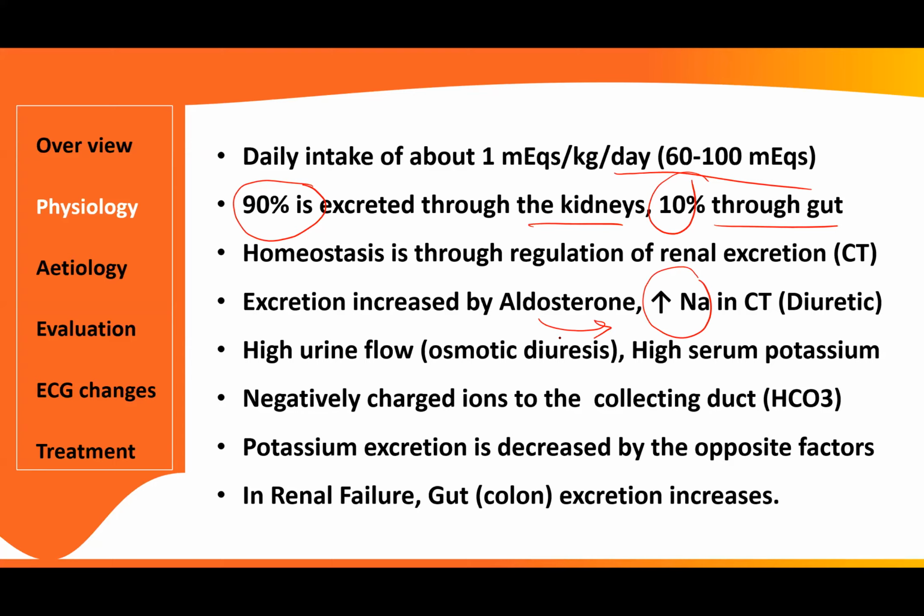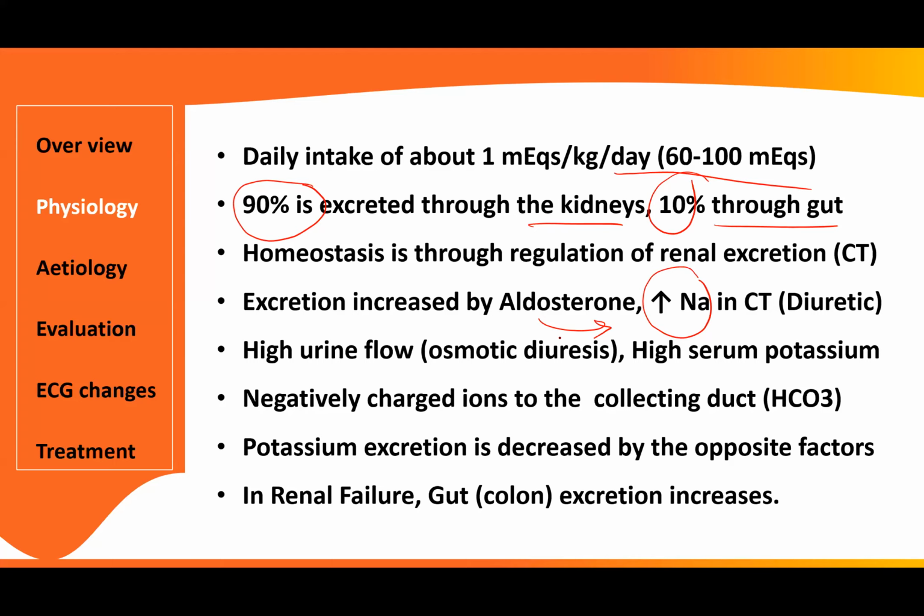Or whenever you present more sodium load to the distal convoluted tubule by employing a diuretic, what will happen? More sodium is available in the distal convoluted tubule, so sodium potassium exchange occurs, some sodium is reabsorbed and potassium is excreted in its place, either by aldosterone or by excess presentation of sodium in the DCT,